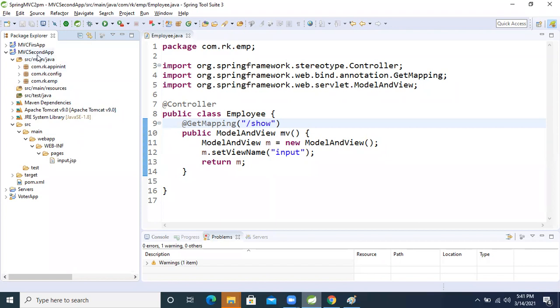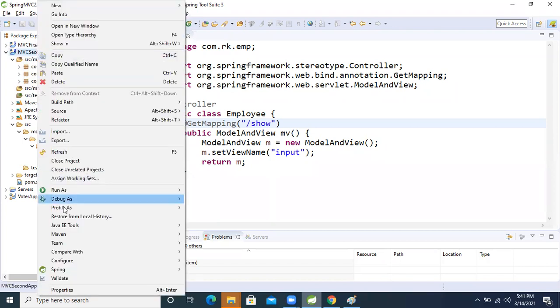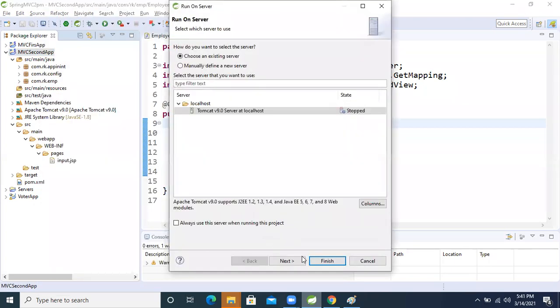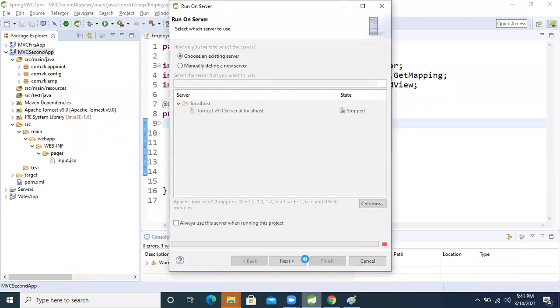So now run the application. Run web server now.